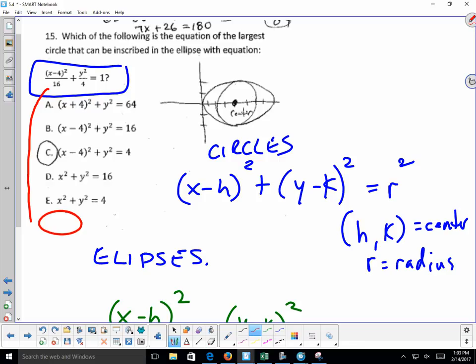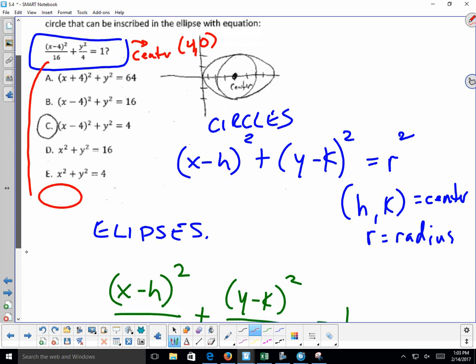And I know that from my center, which is still found by the (h, k), so the center of this is still (4, 0), right? But the square root of this, a, is going to tell you how far out you need to go, left or right. So if I was going to graph this, and I am,